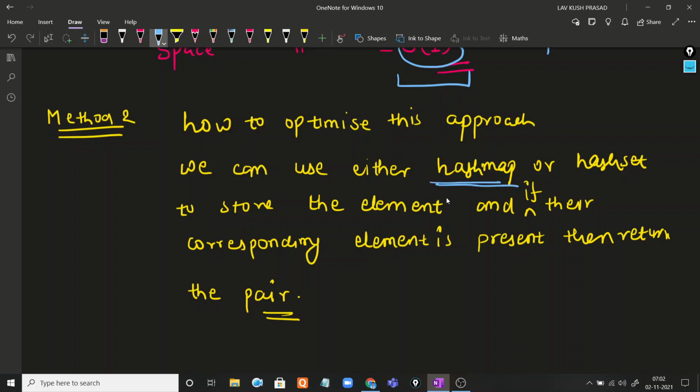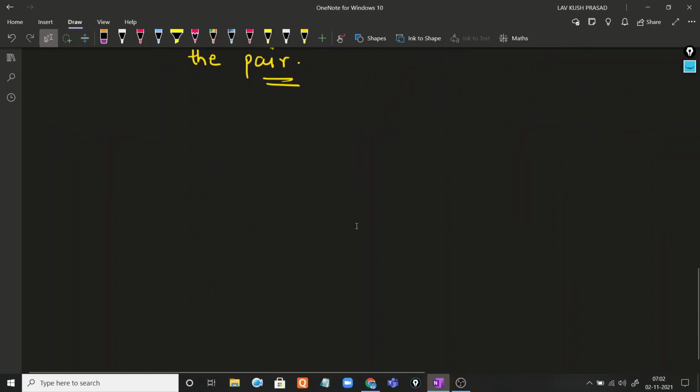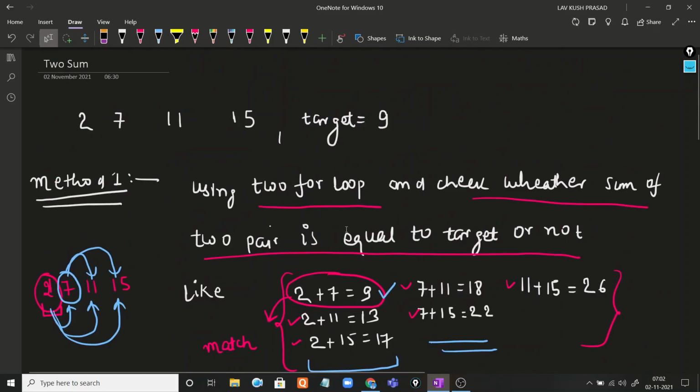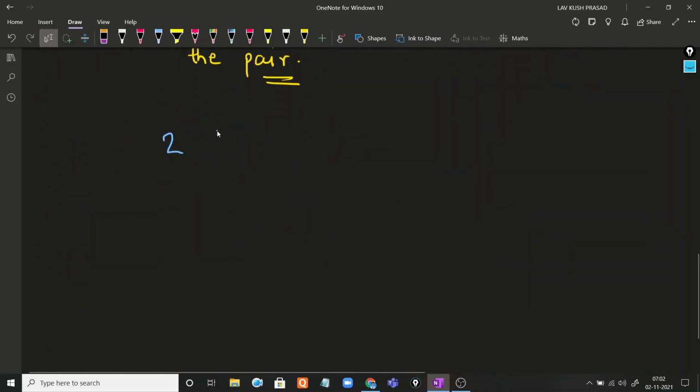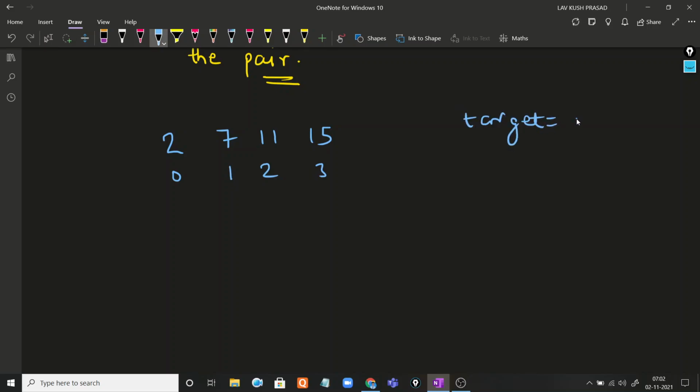Okay, and how can we use a hash map? So let's take an example. The given array is 2 7 11 15, and I will write their indices 0, 1, 2 and 3, and here the target is 9, right? So in this case what can I do? We traverse from the beginning and put their index, like we will take a map.